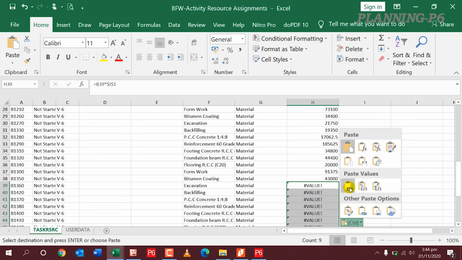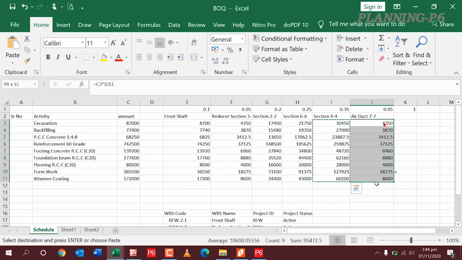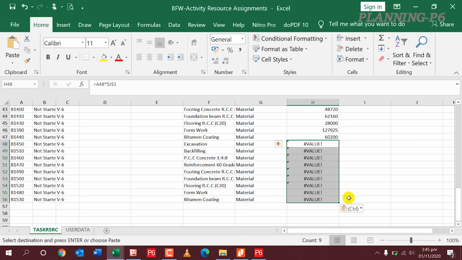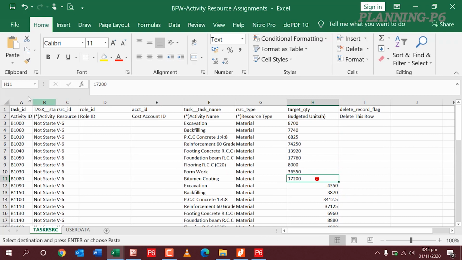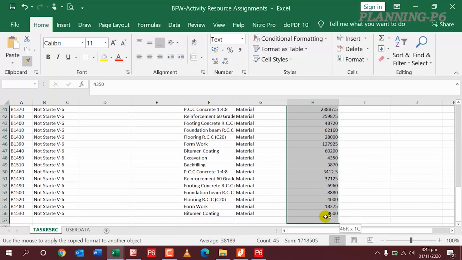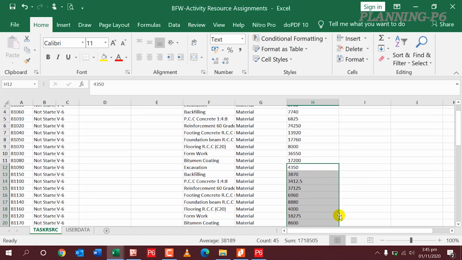The last one is air duct, and now copy and paste here. So here you can see I have pasted all values and formatted this section, and I have added my budgeted units. I will save this file.